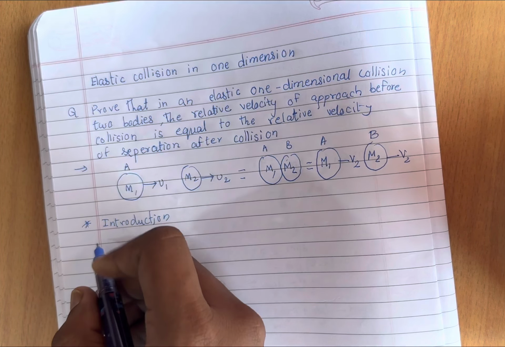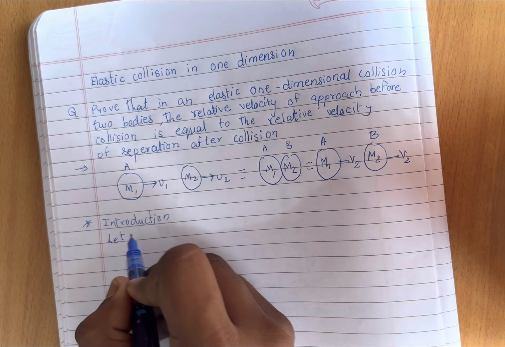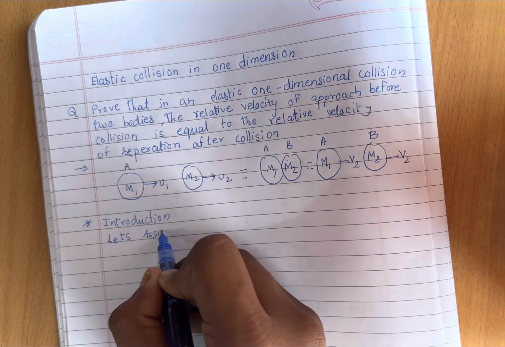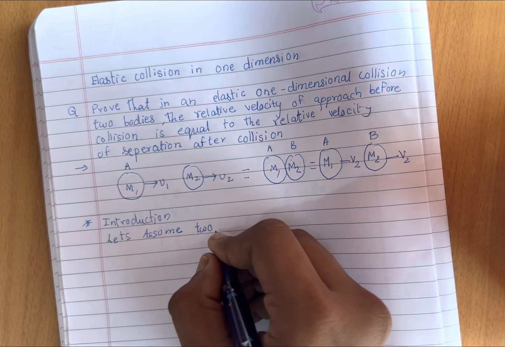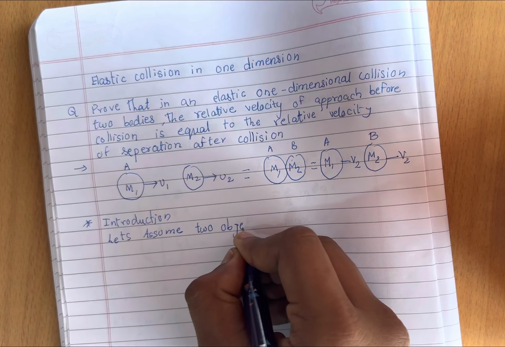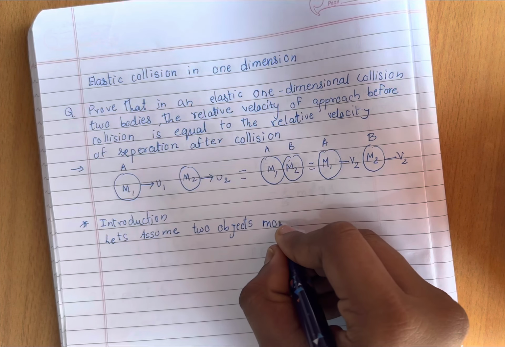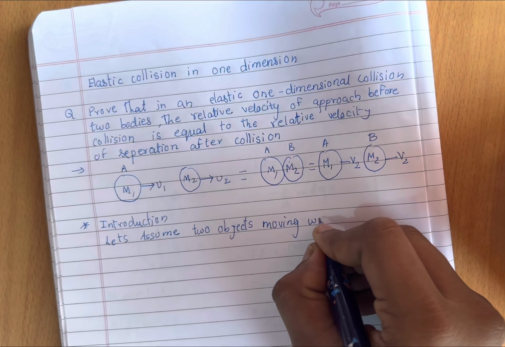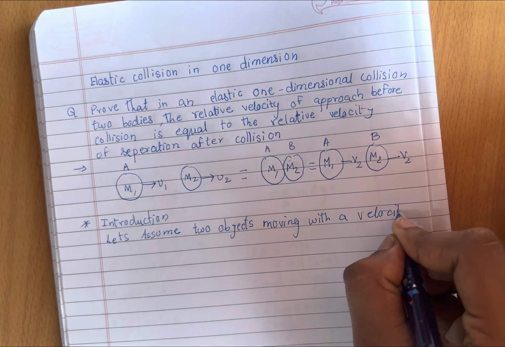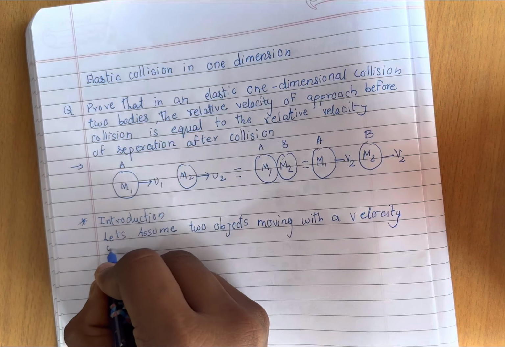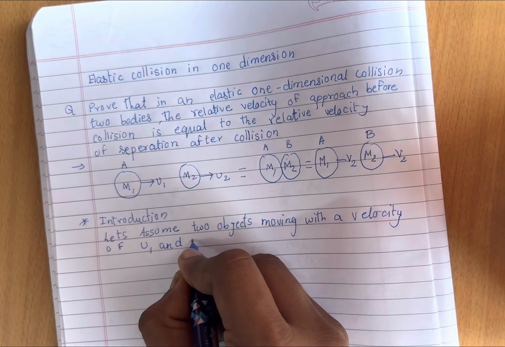So as we can see over here, let's assume two objects moving with a velocity of u1 and u2,